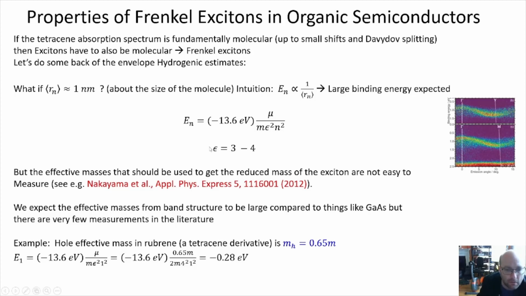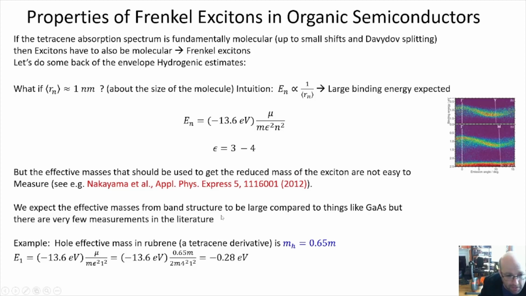So for an organic semiconductor, we have a dielectric constant that's about 3 to 4. And then an effective mass in the numerator that is actually pretty difficult to measure and can be quite large. Molecular states are localized in space. That tends to mean that they're spread out in k-space, which corresponds to a relatively large effective mass. So the best we can do for tetracene is to take a look at